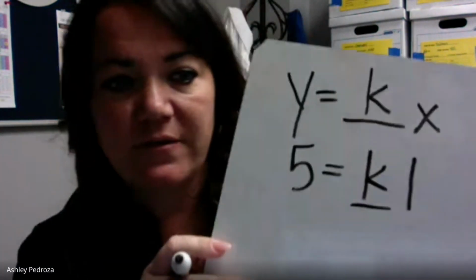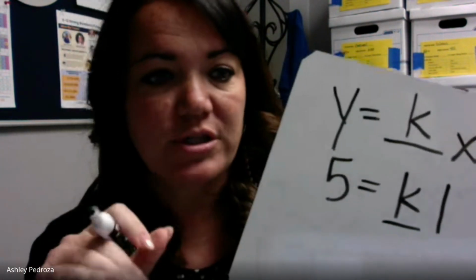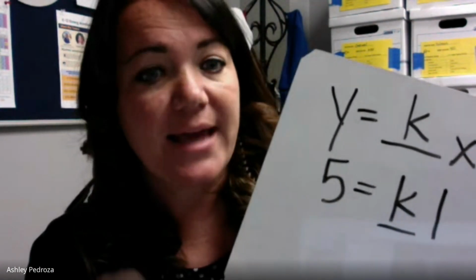All right, so if I know that X in the problem is 1 and Y is 5, because it's 1 cup of pecans to 5 pralines, I can figure out what my K is. So I'm going to go 1 cup is going to be X. I'm going to keep my underline, although you may not do that, just because I want to make sure everybody knows it's a variable. So I have essentially, keeping it in the same order, which you can switch, whatever you want to do, 5 equals K times 1,